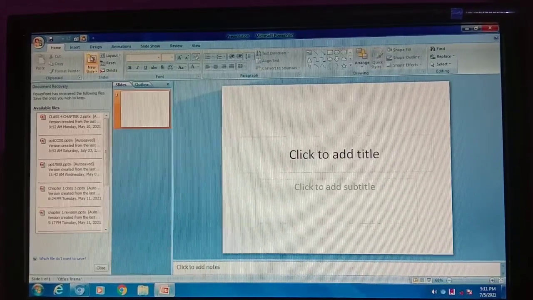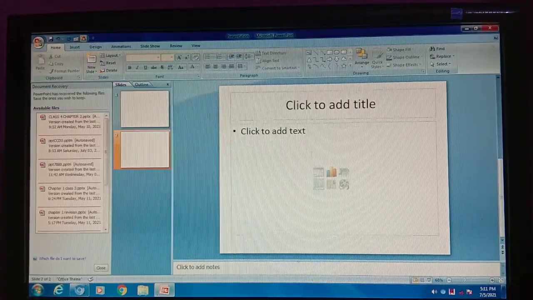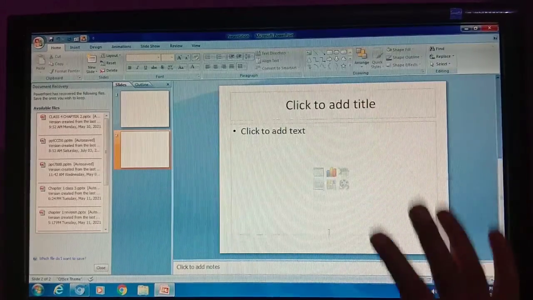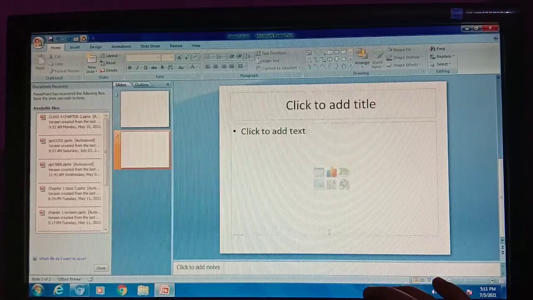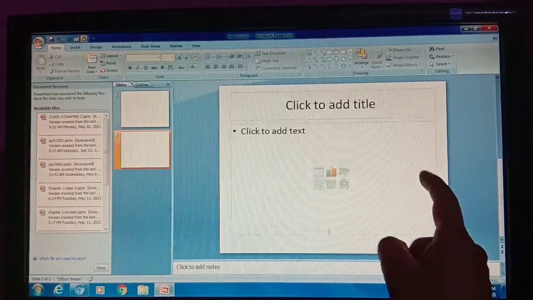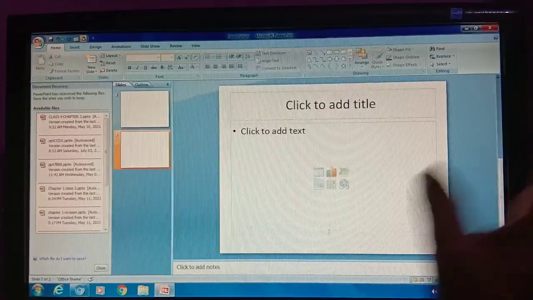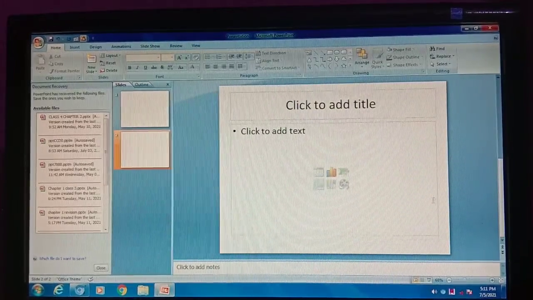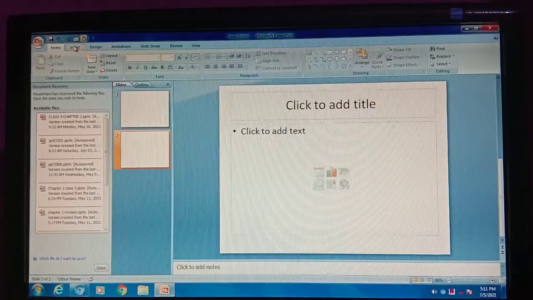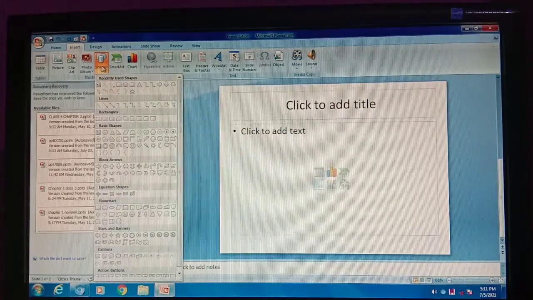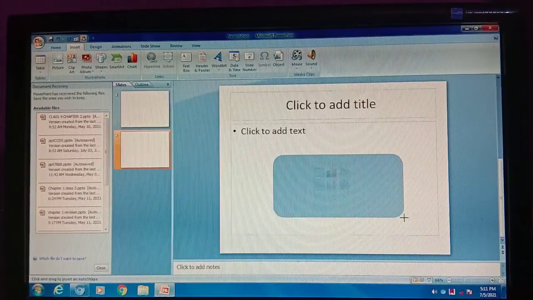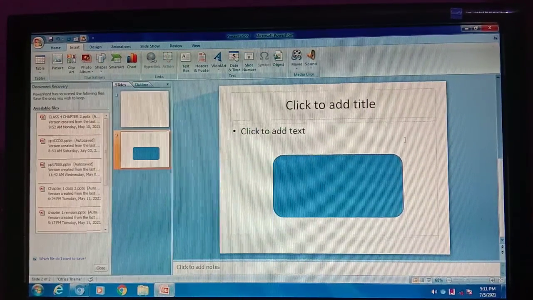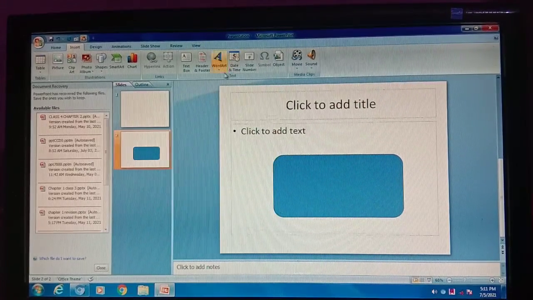Okay, so I am taking a new slide, for example this slide, and I want a text box. These are all text boxes. These are also called placeholders. Placeholders are the places where we insert text. For example, I want to write something here, so I want a text box. Or for example, I just inserted one shape. I have just inserted a shape, and now I want text inside it. So what should I do?